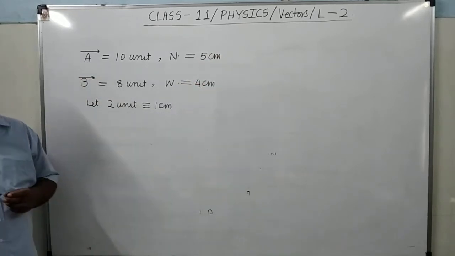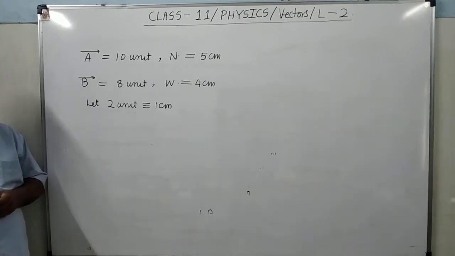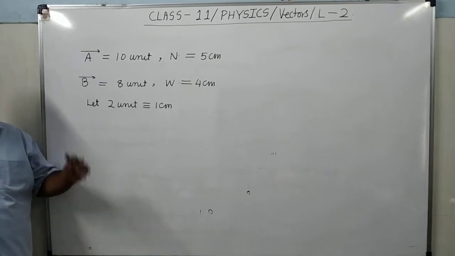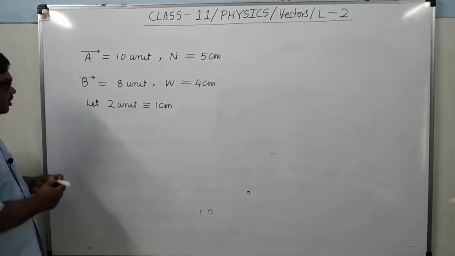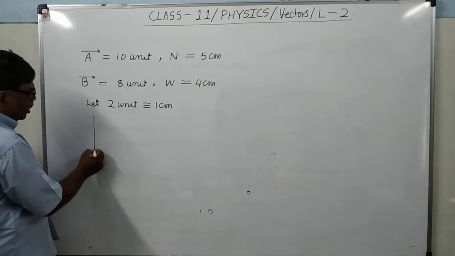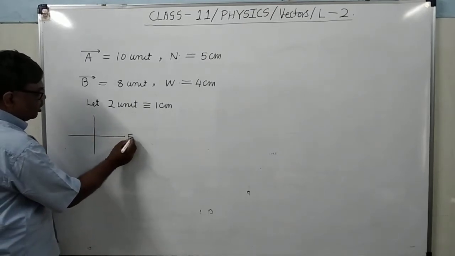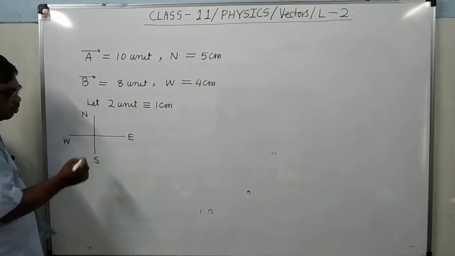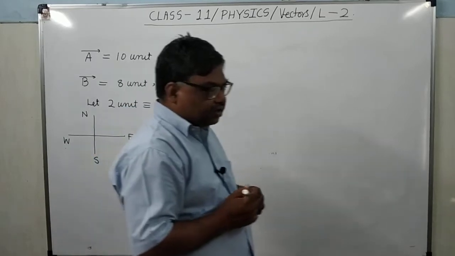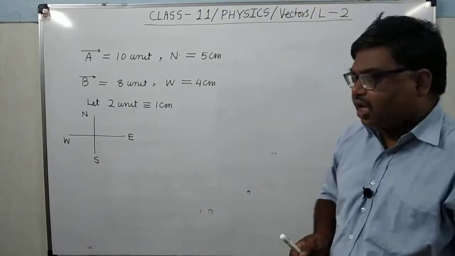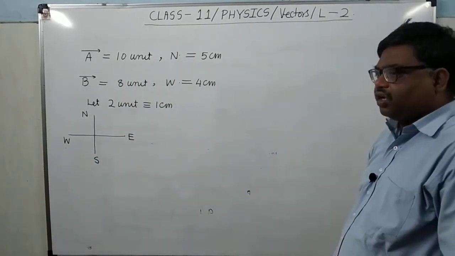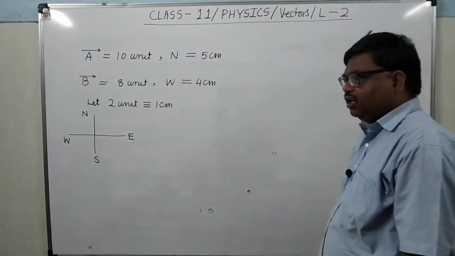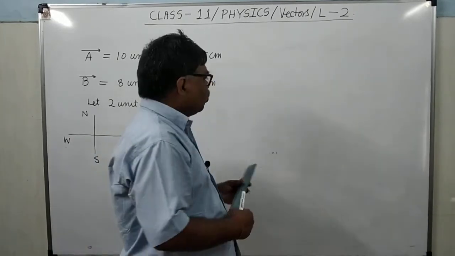When the directions are given as east, west, north, south, these directions are absolute directions. These are the fixed directions. And already I have told, on the plane of paper, you take this edge as E, this edge W, this edge north and this edge south. So in order to add these two vectors, first you will draw one vector. Any one vector you can draw, vector B or vector A. I will tell you both ways.